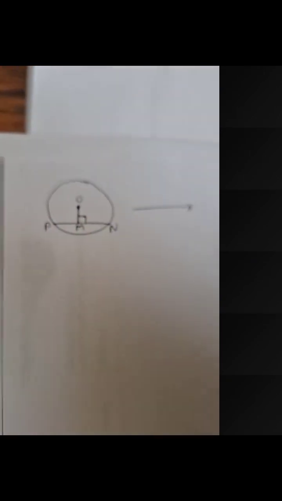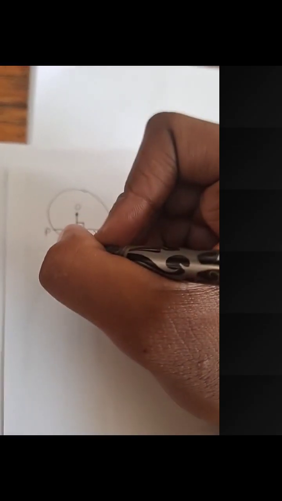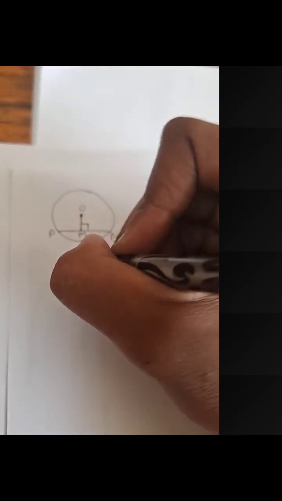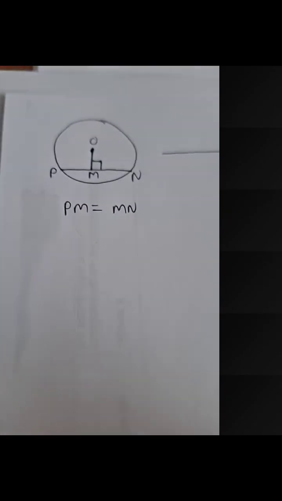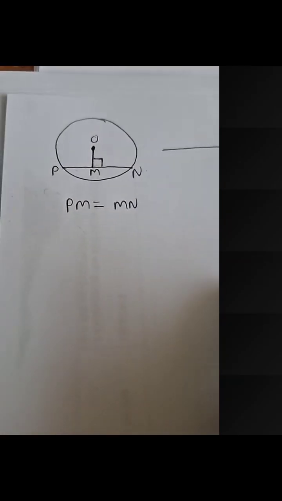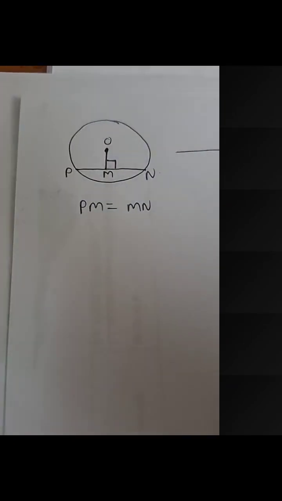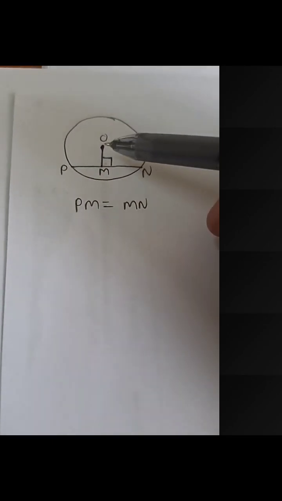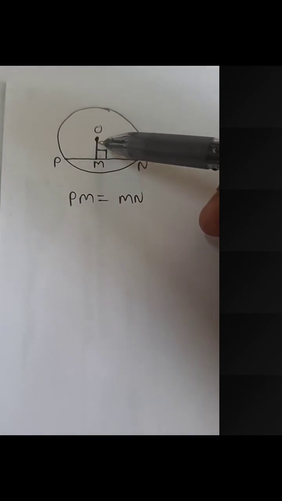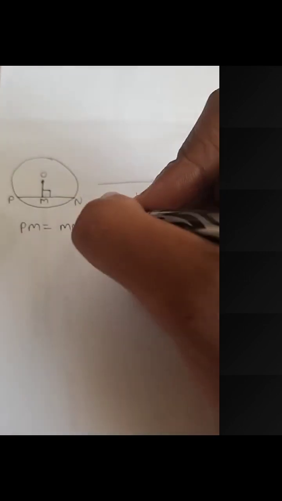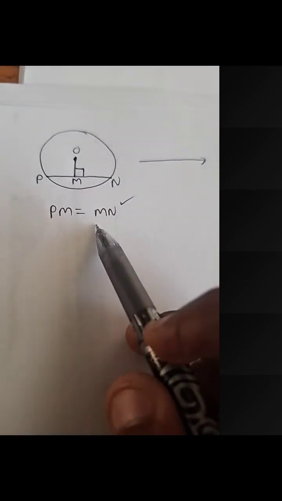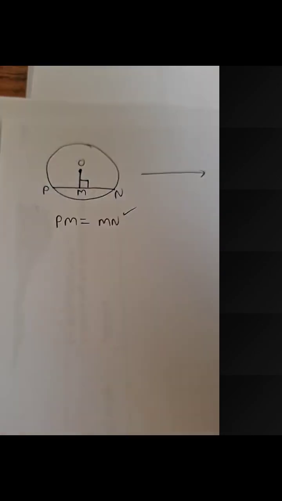It bisects the chord. So our statement will be this: PM is equal to MN. But you're going to say, but sir, I can't see that in the diagram. How can you say PM is equal to MN? It goes back to the theorem. The theorem says a line from the center perpendicular to the chord. What does it do? It bisects the chord. So this statement that I'm writing here is based on my conclusion